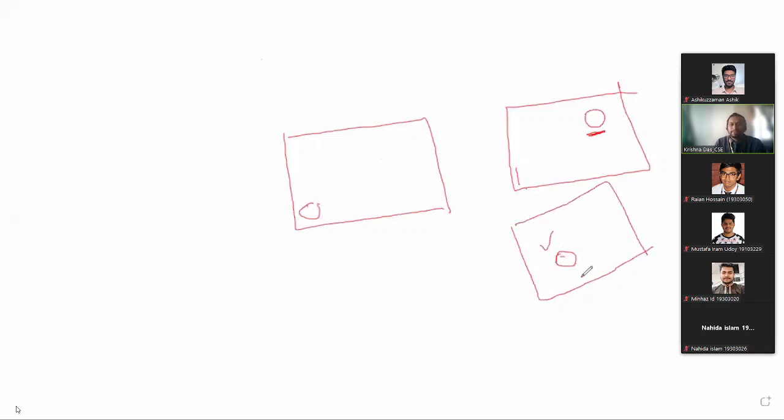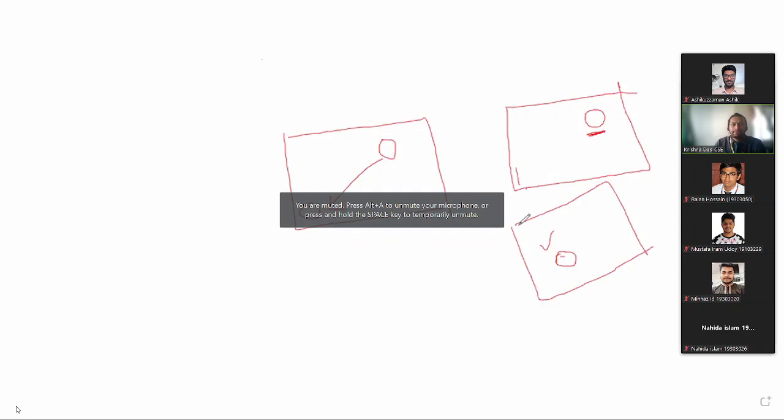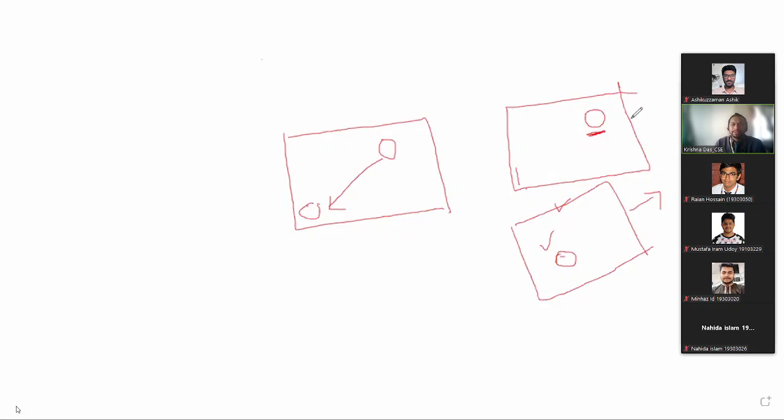So the object now comes to that corner, right? So there are two ways of moving the object: one way, or the other way, where we are moving the coordinate itself. From this we can find that the object has actually moved.